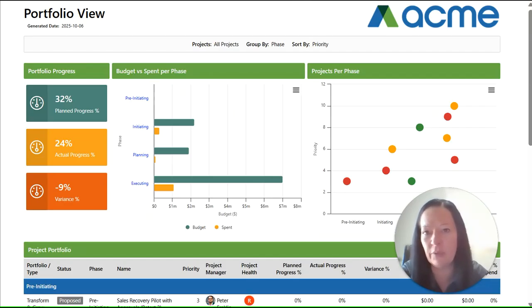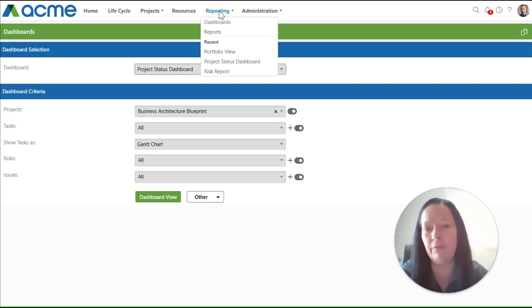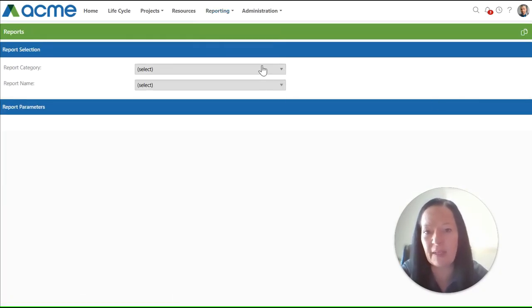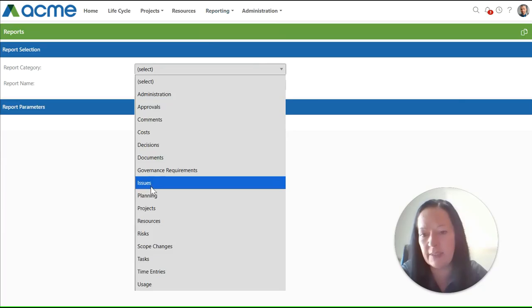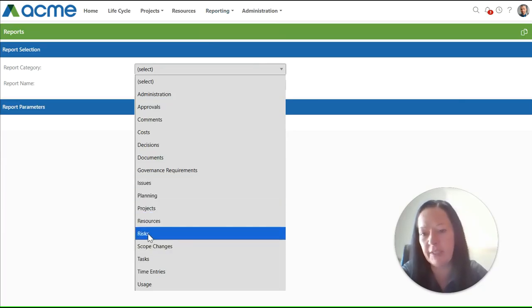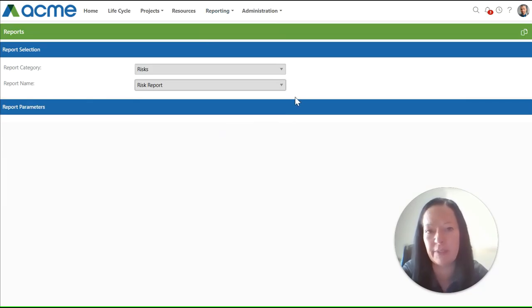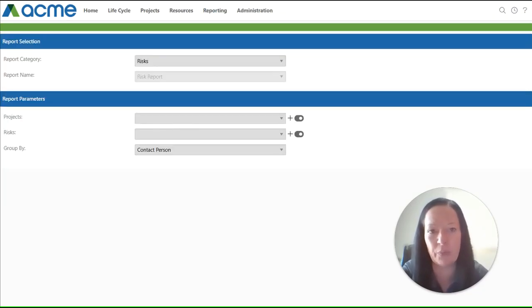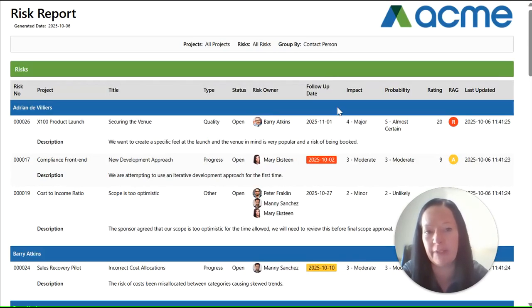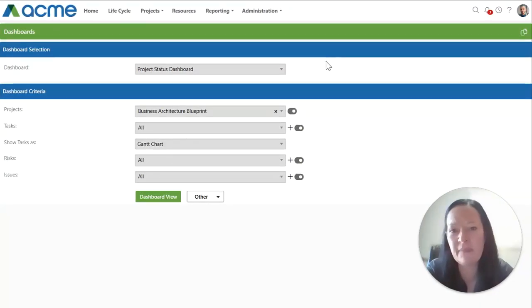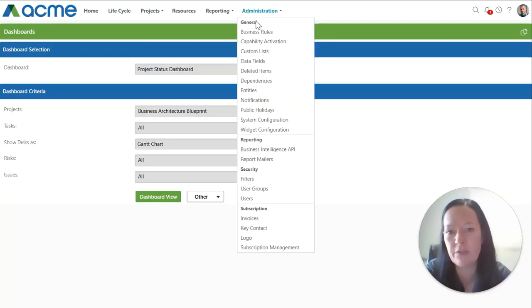When it comes to reporting, if you hover over reporting and you select reports, you'll see all of our entities have related reporting. So I'm just going to select risk and the risk report. And when I run that report, you'll see it is more tabular in nature. If you've been added to the PPO Administrator user group, you will have access to all of the